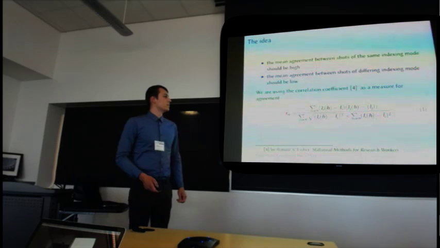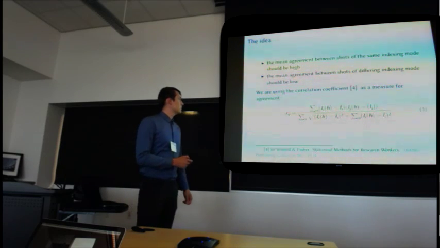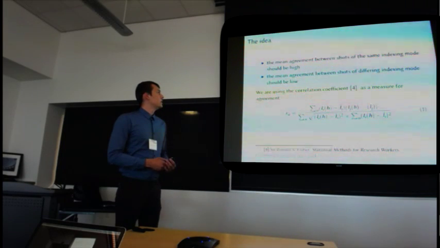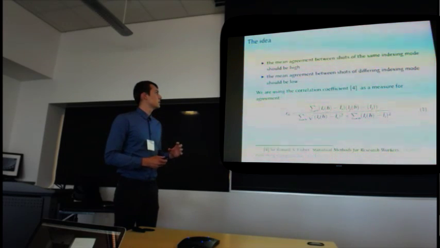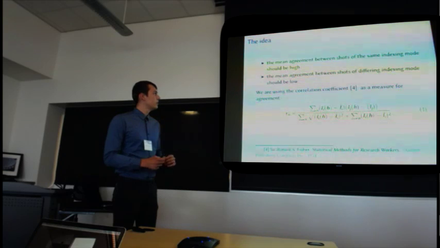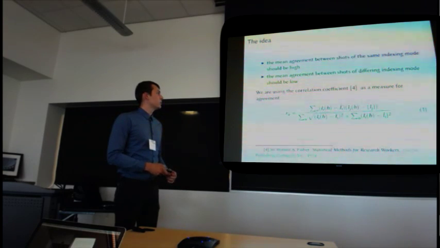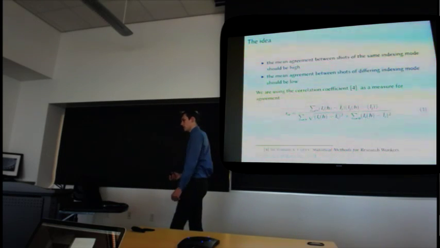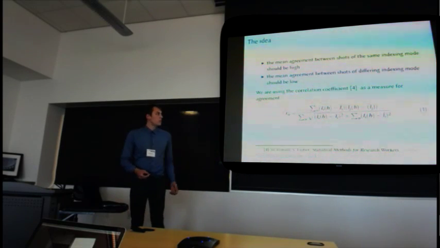The basic idea, which came from Kai and is at the basis of this problem, is that the mean agreement between shots of the same indexing mode should be high, and the mean agreement between shots of differing indexing mode should be low. And we are using the correlation coefficient as a measure of this